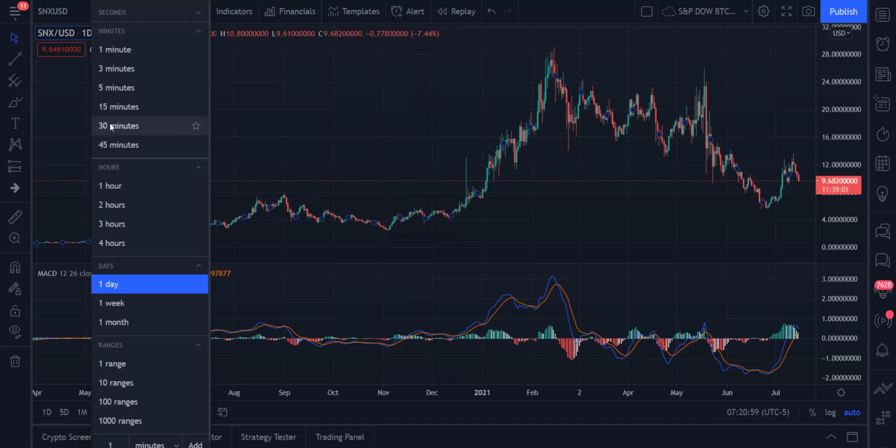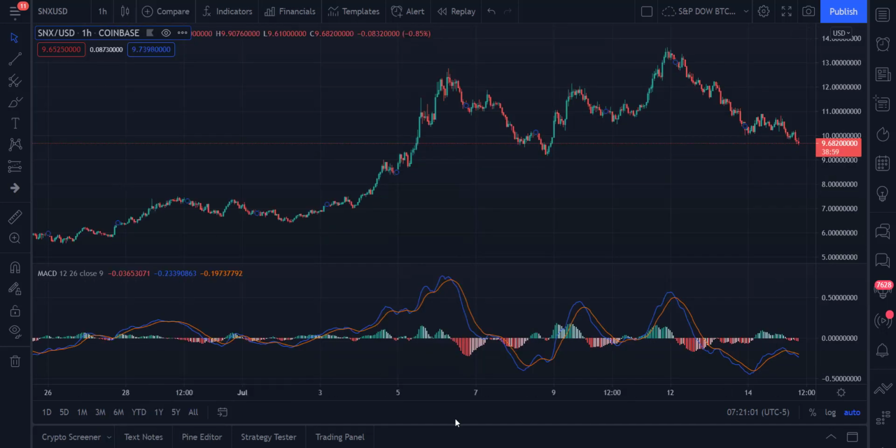Let's take a look at the 1 hour. Maybe it'll give us a little better clue. 1 hour's had a lot more oscillation, but at least this is a little more tradable. So you've got this bearish crossover on the 6th, and it did ultimately the next day cross the zero line, and it didn't change until the next day. So on the 8th, you got a bullish signal. Price did head back higher. You had a bearish cross here on